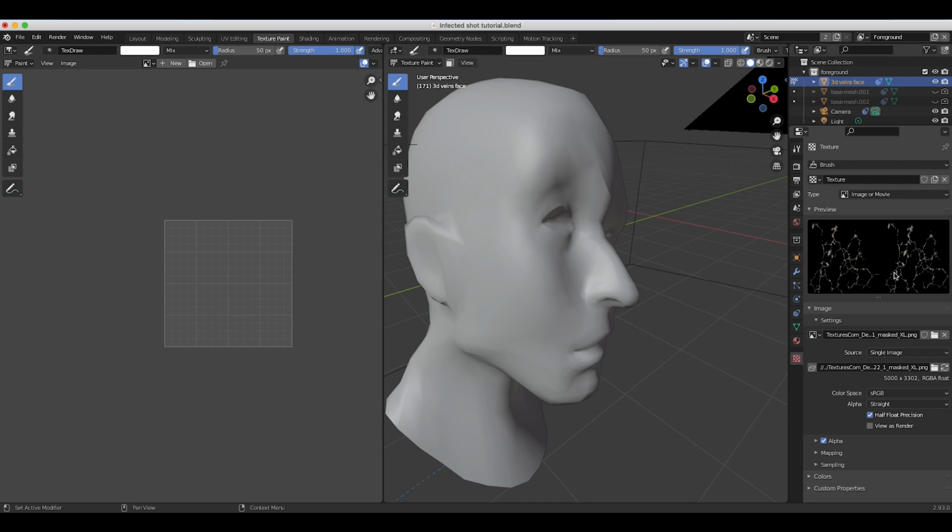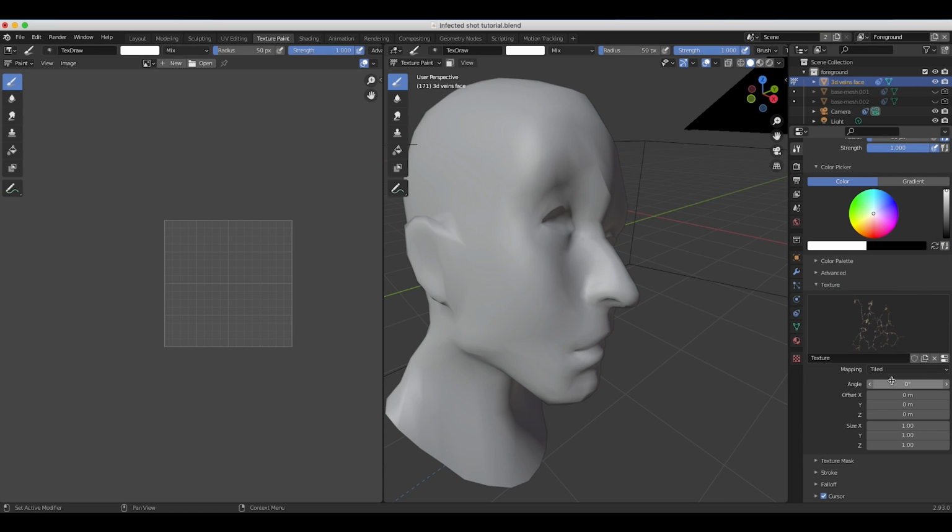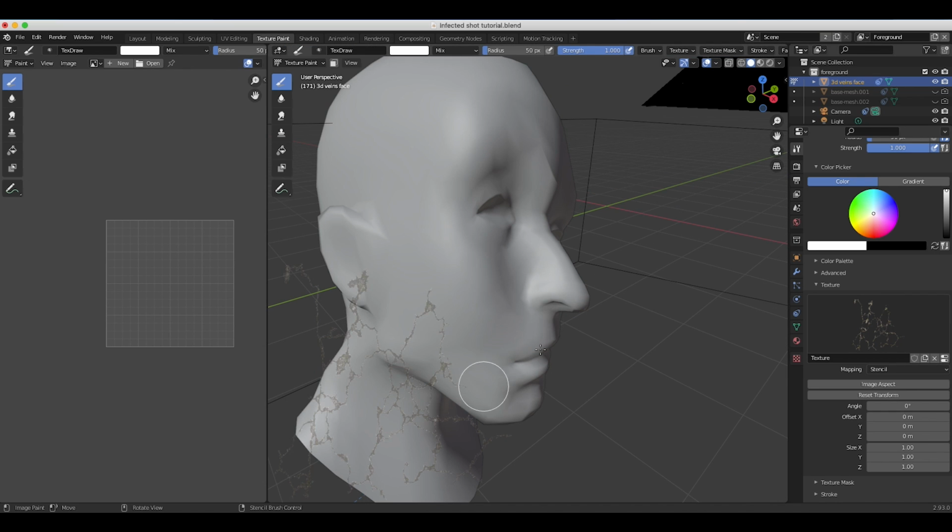And now, as you can see here, this is the texture we're going to be painting with our brush. To paint with your brush as a stencil, we'll go back to our active tool tab here and scroll down here to texture, and instead of mapping, we'll go to stencil. And as you can see here, if I scroll my mouse over to our viewport panel here, you can see